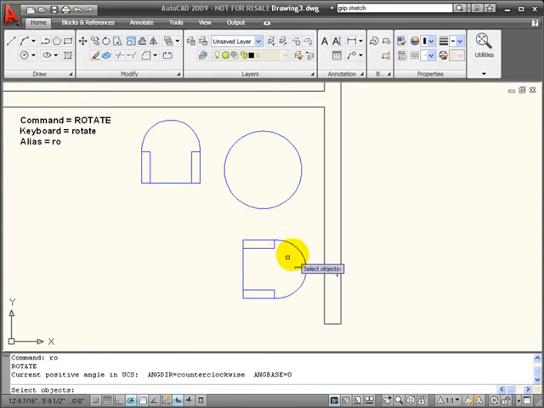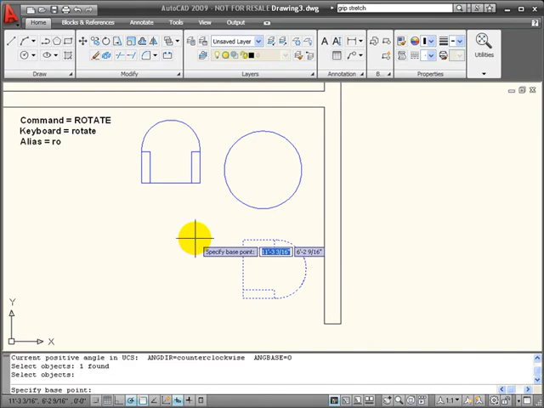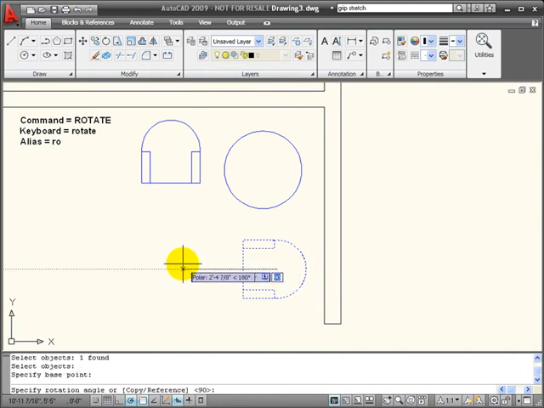And it wants me to select objects. In this case, I'm going to select this chair. Hit enter when I'm done selecting objects, and then it prompts me for a base point of rotation. This is going to be the point about which my object is going to rotate. And now it prompts me for an angle,